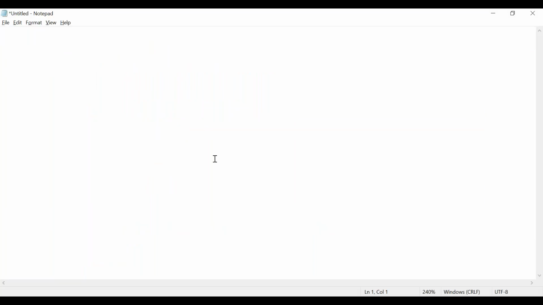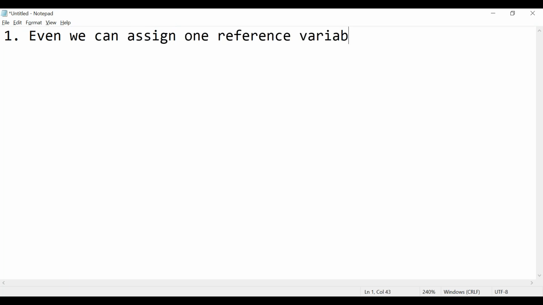You can take the notes. We can assign one reference variable to another reference variable. Consider we are assigning e1, and we have assigned it to obj1.